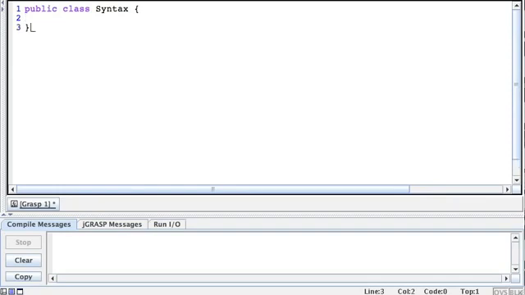Now, a couple things. Notice how I immediately put in my beginning and my ending brackets for the class. All of our program is going to be written between these two curly brackets. Notice also, again, that I'm following the convention of capitalizing the name of my class. So, inside of those curly brackets, I'm going to hit the tab key, and notice how my cursor's moved over a tab stop. Usually when we nest things inside of curly brackets, we tab over because it makes it easier